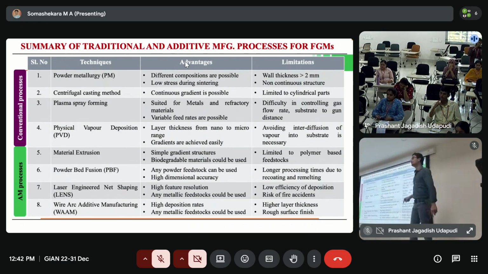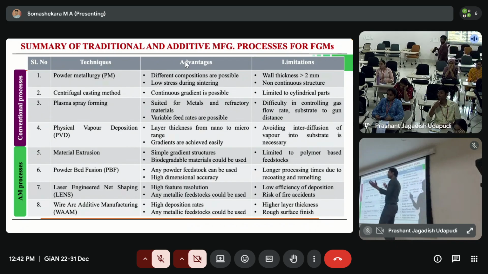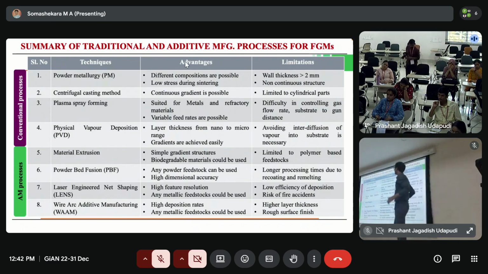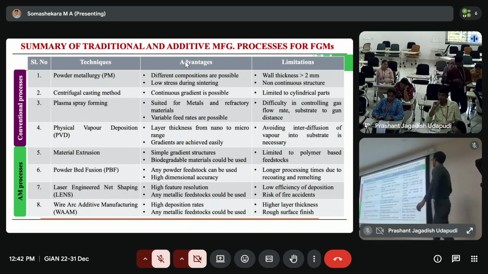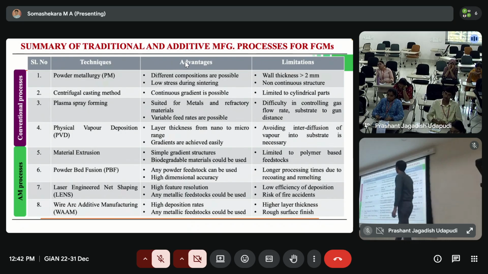And for cylindrical, you also need to create that cylindrical mold for doing these activities, and you have to make sure you are putting enough molten material into the mold, right? So that is the limitation we have when it comes to the centrifugal casting method. Another method, I think, is plasma spray forming, which is suited for mostly